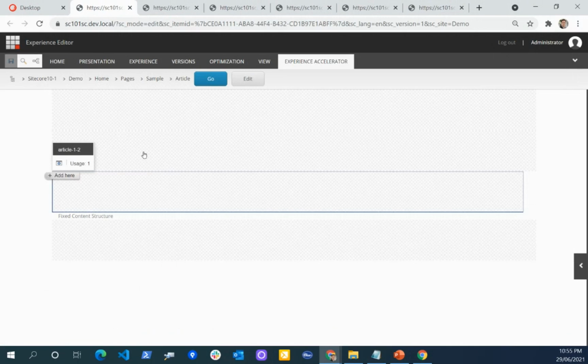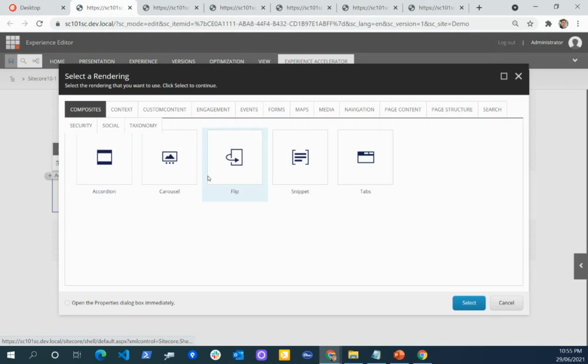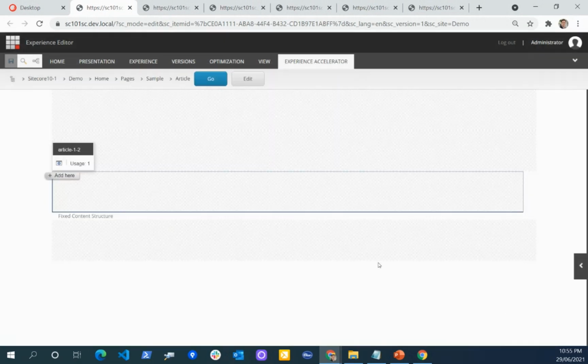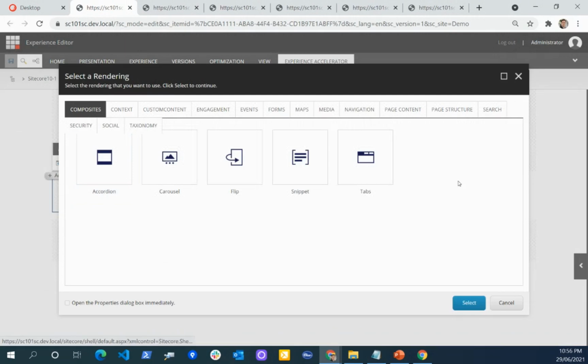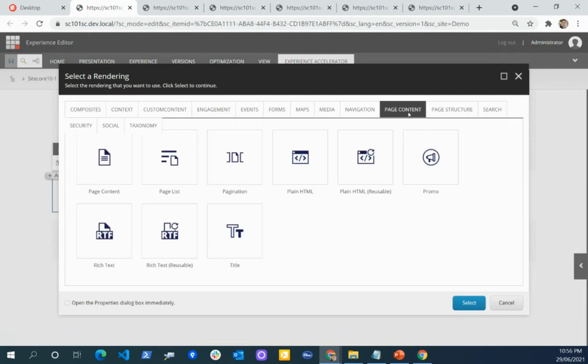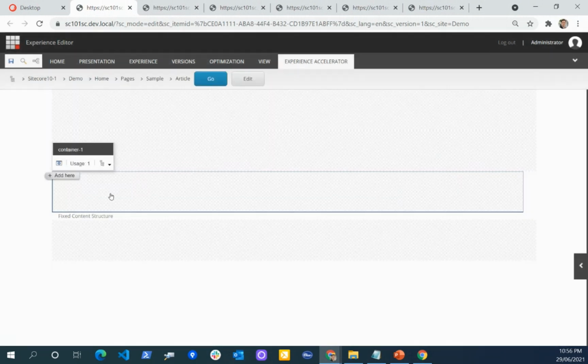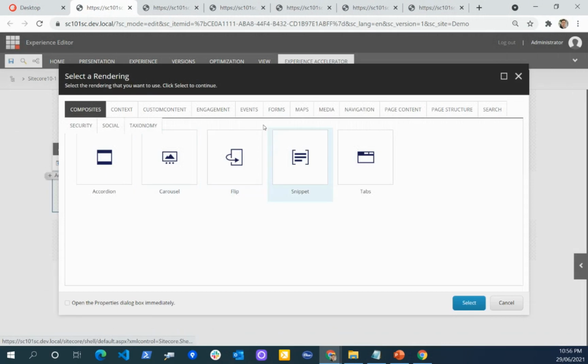For this article page, with the SXA, when we drag and drop the component, let's say this is my blank page, and it would have a header and footer. When I drag and drop any content, I will design that this will come under the container, and one container will have the image.